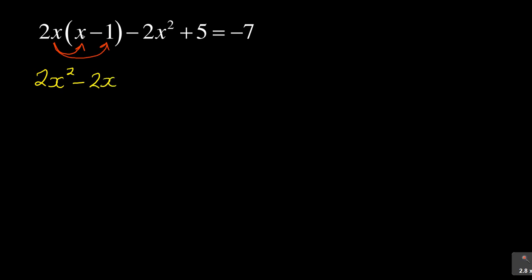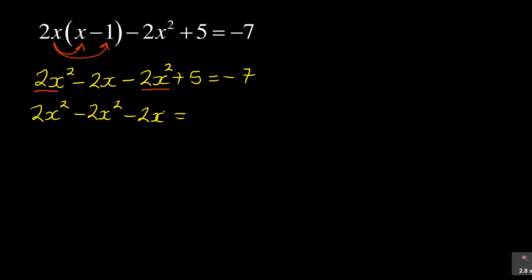So it's 2 times minus 1, and the negative affects the 2x. And then after that, I have minus 2x squared plus 5 is equal to negative 7. As I said, I need to collect my like terms. As you can see, the 2x squared and the 2x squared are the same. So I will have 2x squared minus 2x squared and then minus 2x